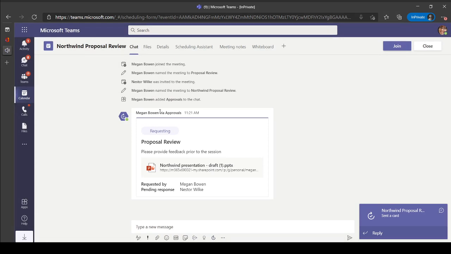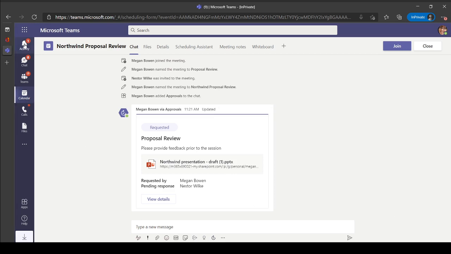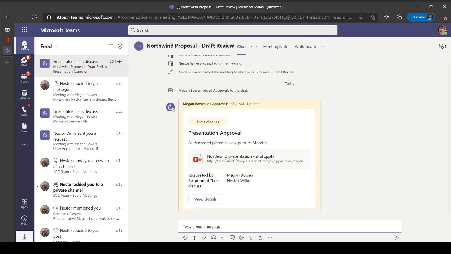So you can see that it's going there. It has requested across to Nesta himself. We can then see that there's a little contact card available, and this is what Nesta will see on his side as well. He'll get a notification, just like we did from our activity bar, about a proposal being sent. So we can see there that that's the same kind of notification that Nesta's going to receive.